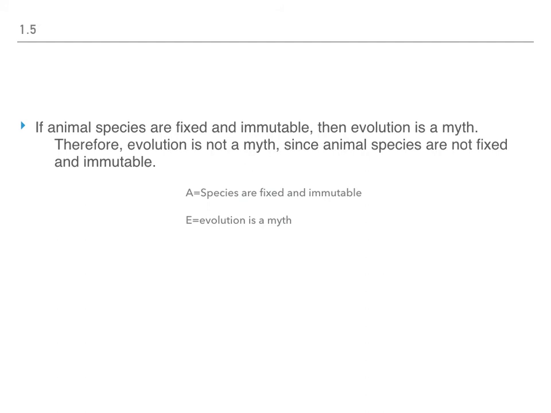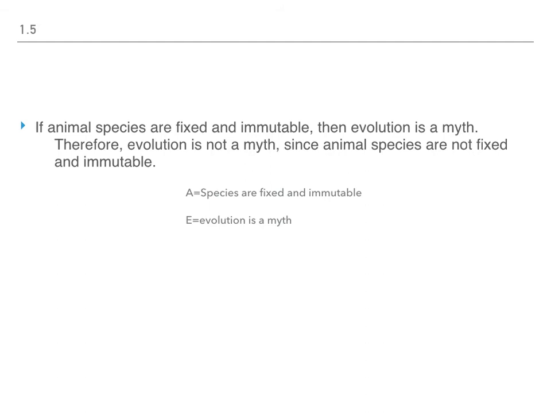And notice that institutions that collect taxes is not something that can be true or false. It's not a proposition. Whereas species are fixed and immutable is something that can be true or false. According to evolution, by the way, it's false. According to Aristotle, it was true. But according to propositional logic, it's one or the other. And of course, we talked about the law of non-contradiction and excluded middle in a previous section, so I won't